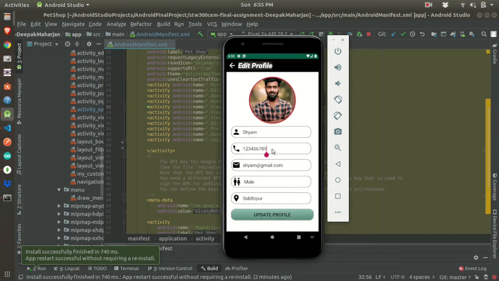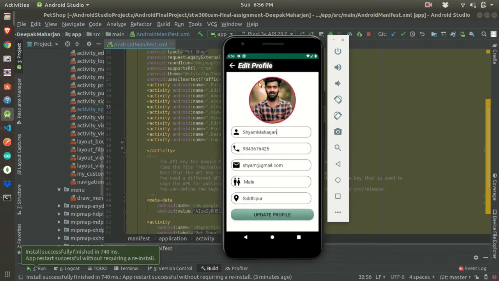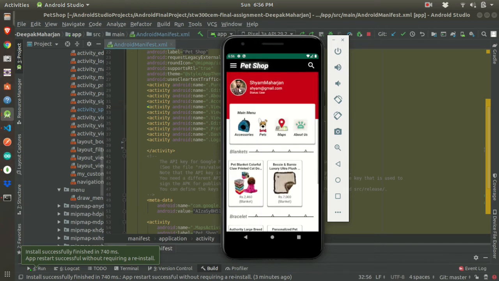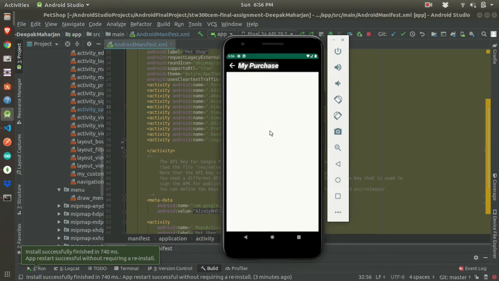Let's see, I will update it. Also Sham Moharjan. Update. Sham Moharjan has been updated, and his phone number has been updated too. Let's move to the purchase. The user has not purchased anything,